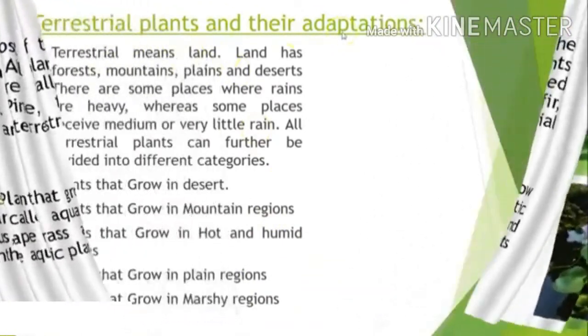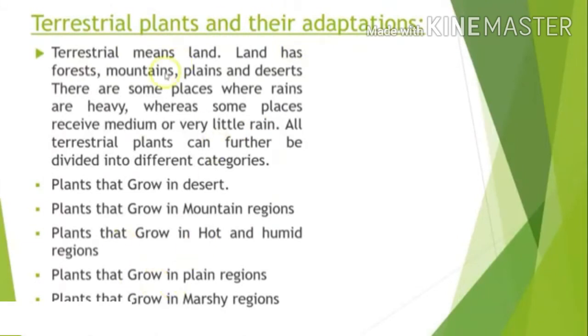Let's now see the terrestrial plants and their adaptations. The word terrestrial means of the land. Okay, and land has so many forests, mountains, plains and deserts, and there are some places where the rains are very heavy, and somewhere we don't even receive a little bit of rain, or we receive a very small amount of rain. So all the terrestrial plants can be further divided into different categories, like plants that grow in the